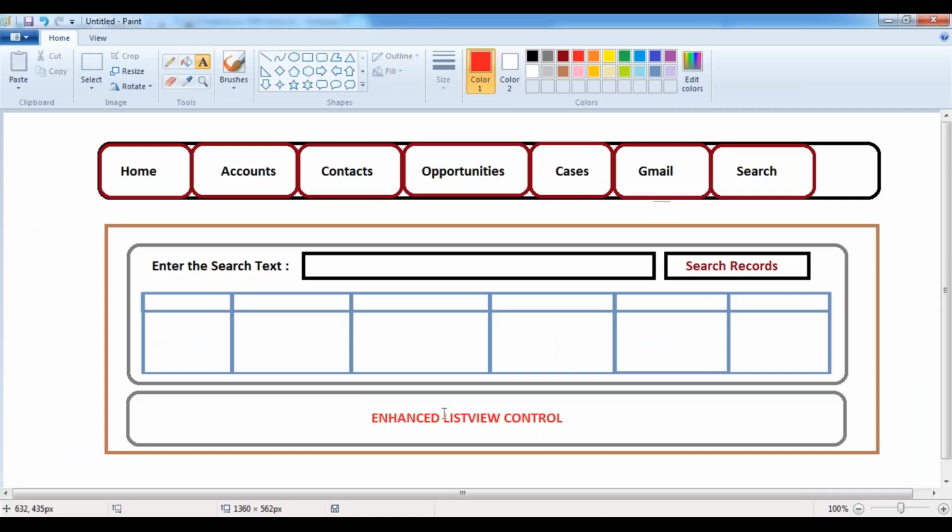According to the customer requirement, whatever search functionality they need, we can design it. At the bottom, we can place the enhanced list view control. Upon click on this search tab, I would like to redirect the user to this page over here. So we are designing our own Visualforce page based on the client requirement, with the search functionality and with the enhanced list view control. Then upon click on this search tab, we can redirect the user to this particular